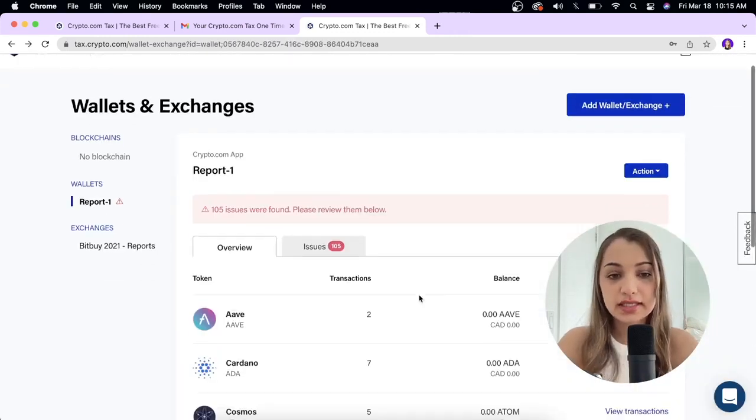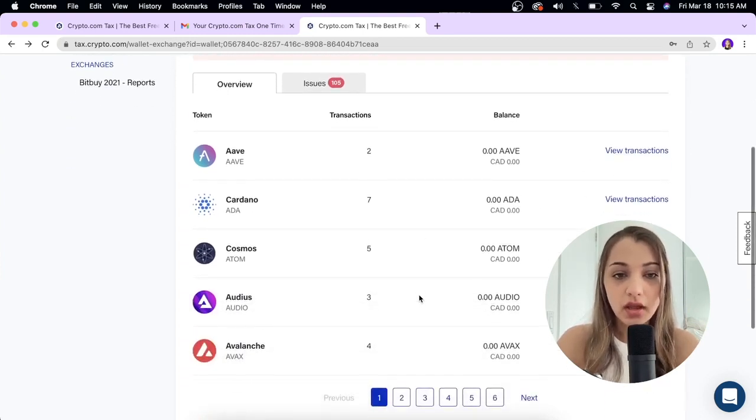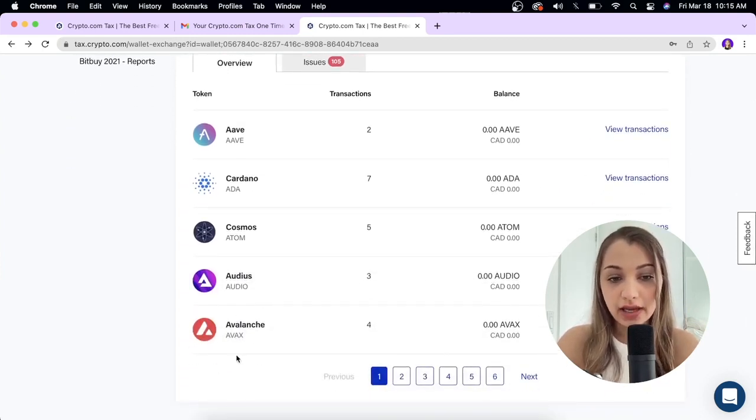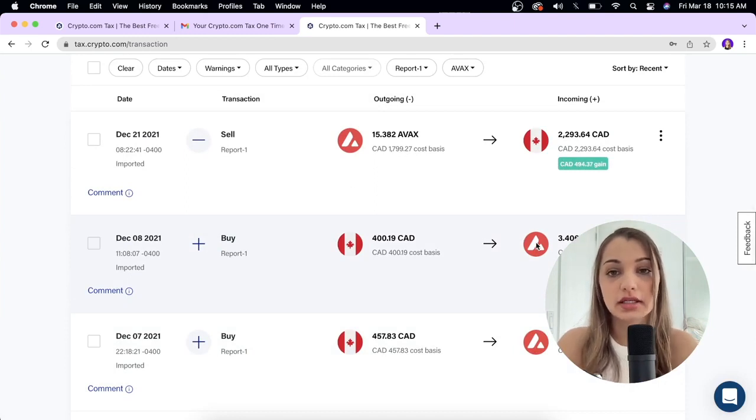Alright, so then you would come to this page where you're going to have a more detailed history of each transaction. So for instance, I have my AVAX token over here, and I had 4 transactions in a year. And if I click view transaction, I would see the entire history of what I actually did with the token